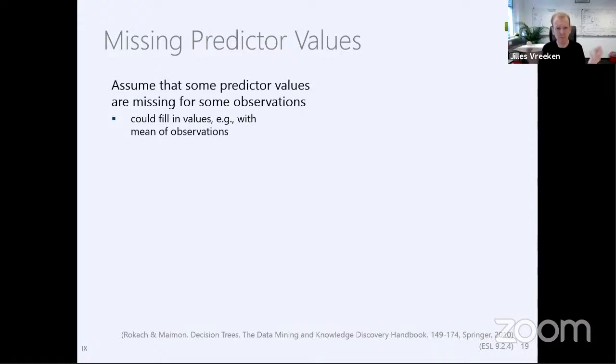So missing values are just a fact of life. In machine learning we happily ignore them, because it's typically quite difficult to make methods robust against missing values. Like I said, decision trees are almost intrinsically suited for missing data, not completely, but almost automatically. Why? Unlike, for example, linear regression and all its friends, where we always use all predictors in one way or another,